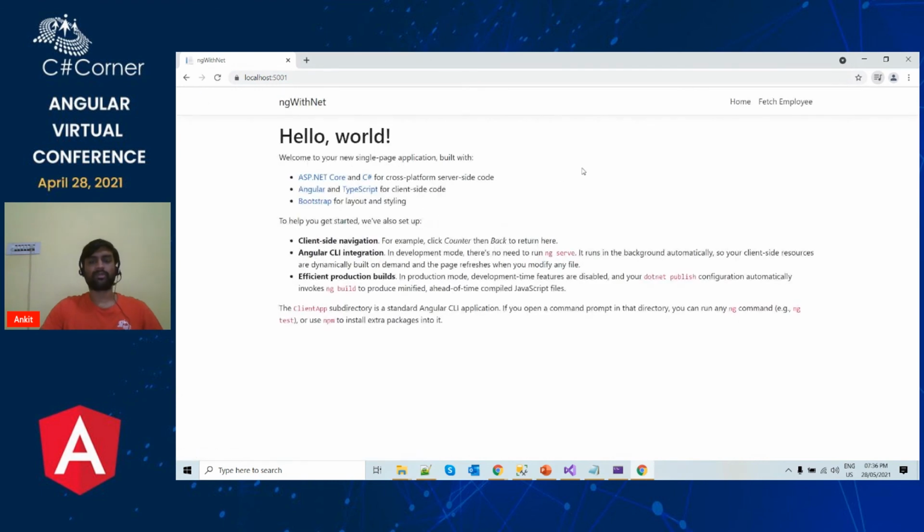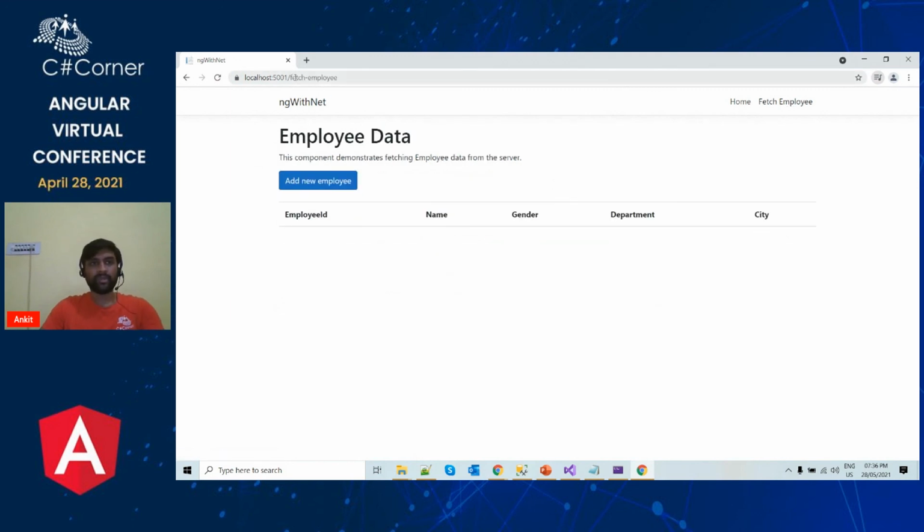Okay, showing loading. Okay, so the home page is launched, and on the nav bar you can see there is a fetch employee link. If you click on the fetch employee link, you will be navigated to this fetch employee URL. So here you can see the fetch employee component.